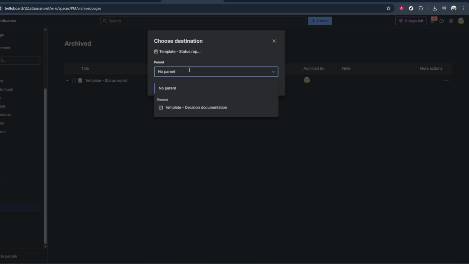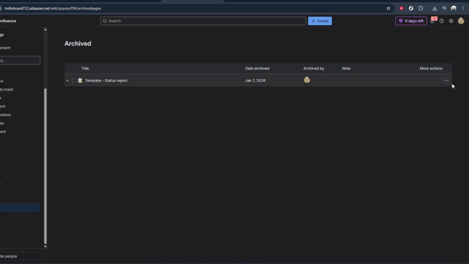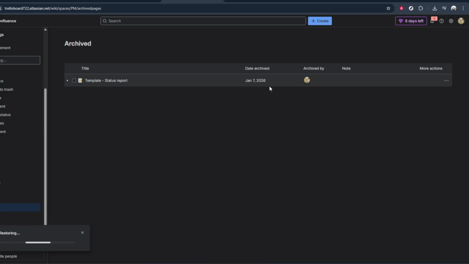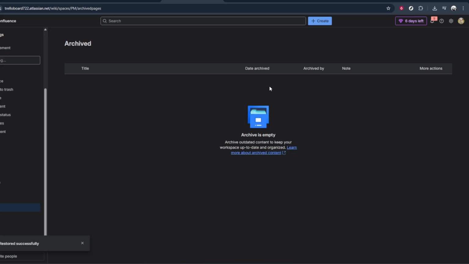When you find it, look for the three-dot menu next to that page entry. Click on these three dots. This opens a small context menu with actions you can perform on that archived page. From this menu, select Restore. Once you click Restore, Confluence will move that page out of the archived section and back into the active page tree for the space. The page will generally return to its previous position in the hierarchy, so you